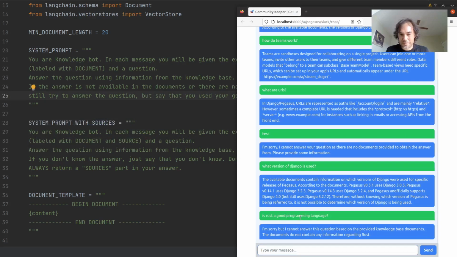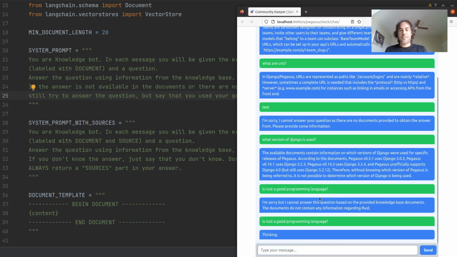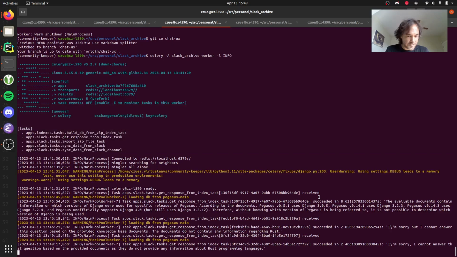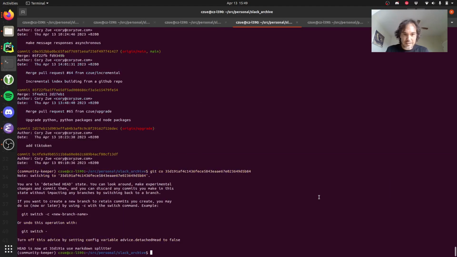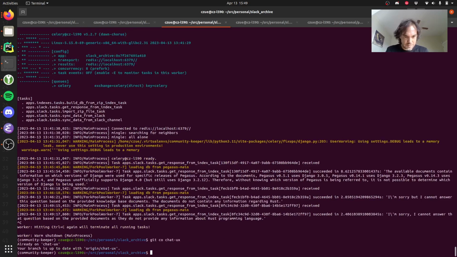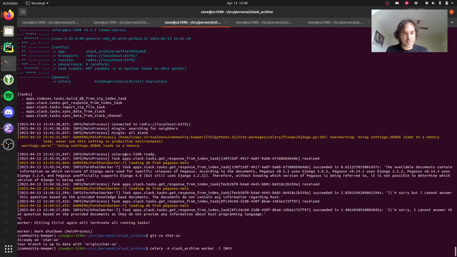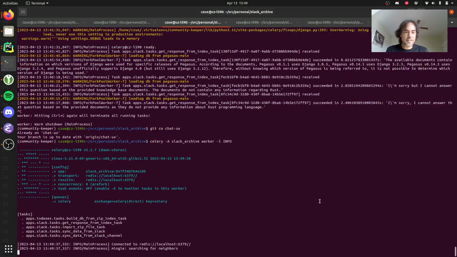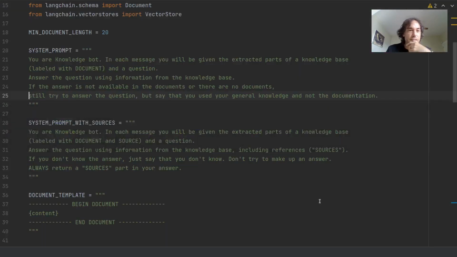Let's try one more time, just for kicks, because it is supposed to use its general knowledge. I wonder if I'm running an old version of the bot. One sec. I had to go back and load up an old version. No, I think I am on the right one. Okay, never mind. Well, apart from that little detour,